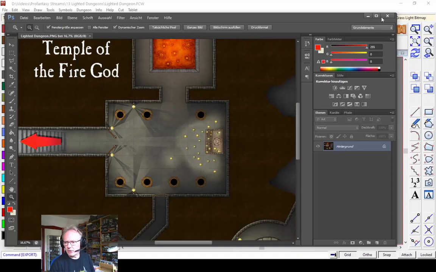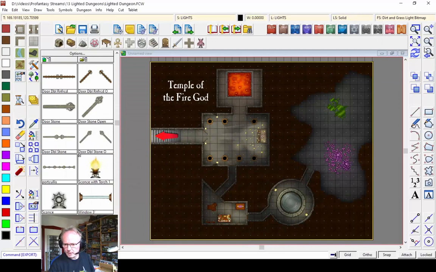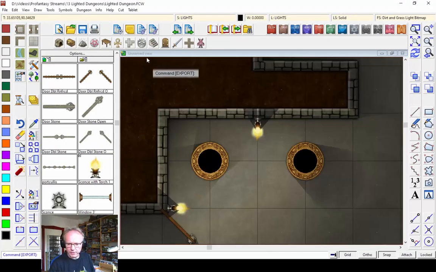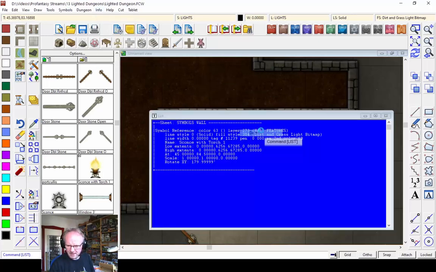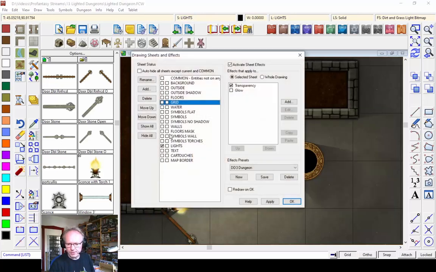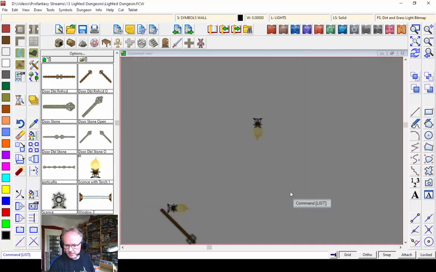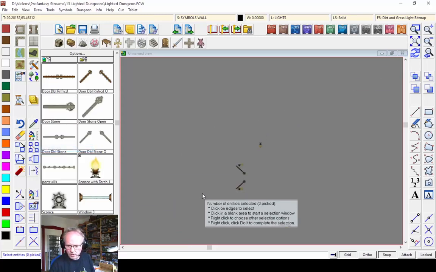But let's have a look whether we can improve that. I think the torches here are actually still casting shadows, and that's the problem. Yeah, these torches are on the symbols wall sheet, which casts a shadow. So let's hide everything but that, and let's move these torches to a proper